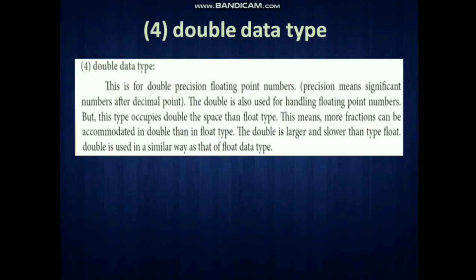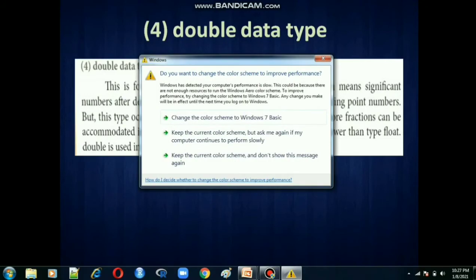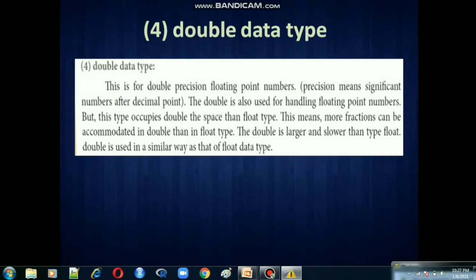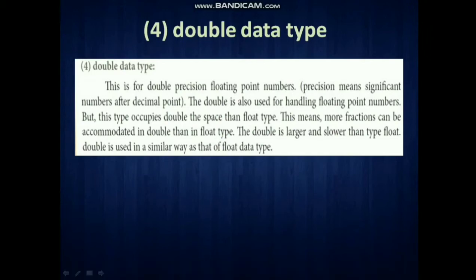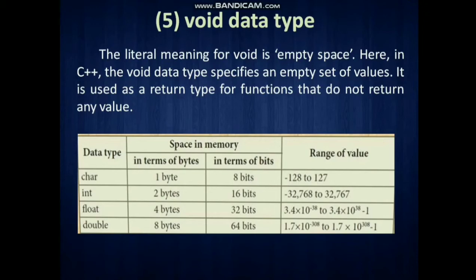Maybe if we give the float data type only, we can store only a minimum number of fraction digits. So in place of float we have to use double, and then after the variable we give a value for that variable. So for a longer variable, a large number of fraction values, we have to give it in this double data type. Okay, that is the use of the double data type. So we will see that example also.